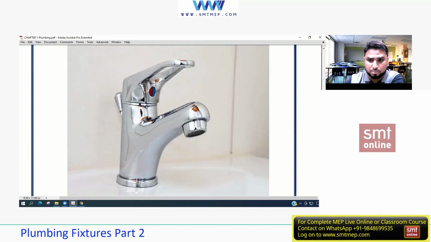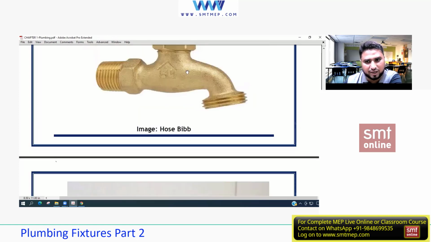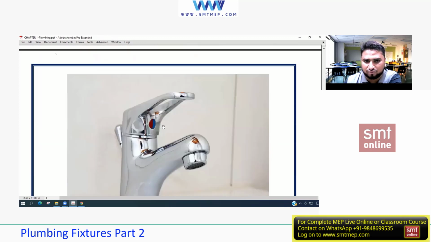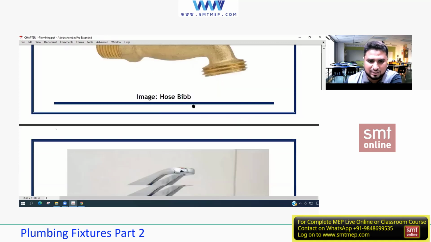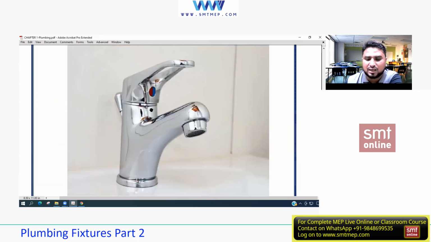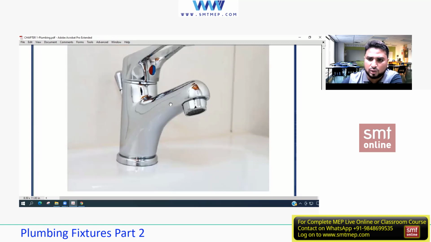Always remember, the most important and technical thing is the difference between these. Wood might be demanding, here it might be demanding cold and hot, but water is again the medium. Here also water is the medium. But here, gate valve and angle valve. Always remember, a gate valve should be completely open or completely closed, not in between, or else the gate will get damaged. This is an angle valve, or else I can say this is a regulating valve. You can regulate it as per your need or demand. It's designed in that way. That's why it's called an angle valve.